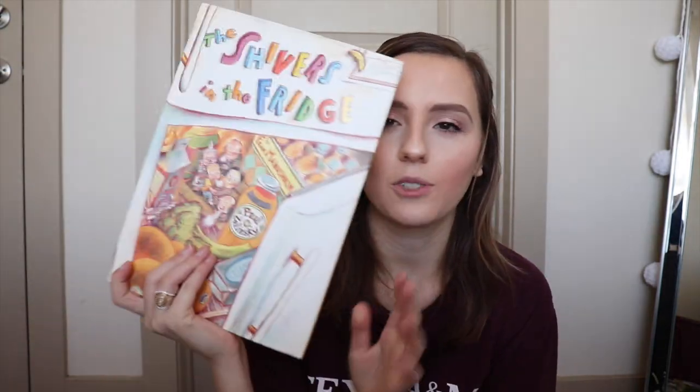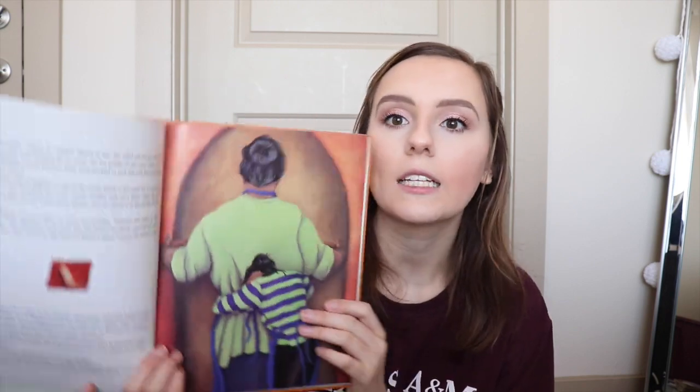So this is The Shivers in the Fridge. This is a really cute book about magnets that get stuck in the fridge. This is Magda's Tortillas. This is a Foreword Magazine Book of the Year finalist, and I really love this book